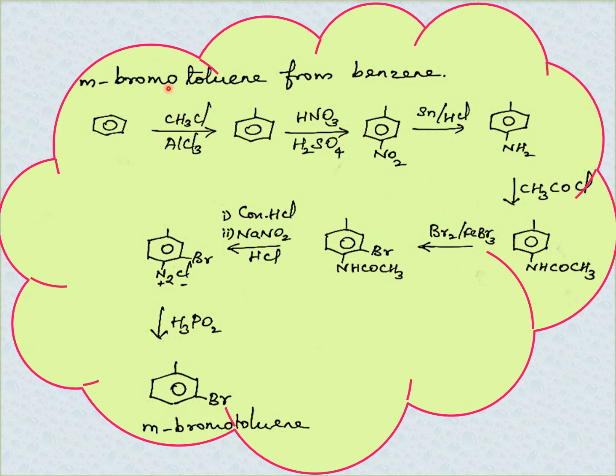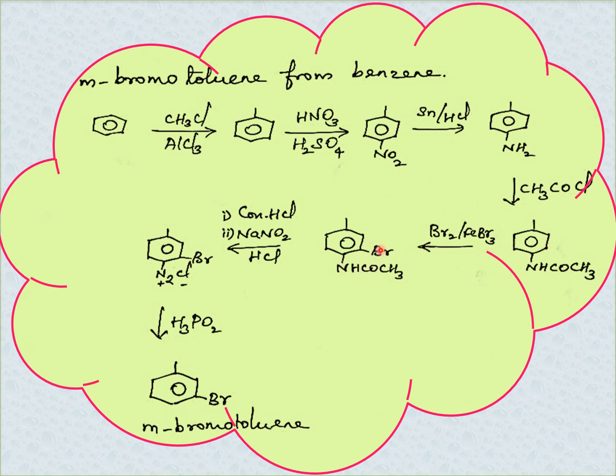For that conversion, benzene is first alkylated to give toluene, and on further nitration it produces paranitrotoluene, and further reduction with tin and HCl, this NO2 is reduced to NH2, and on further acylation this amine is converted into an anilide, and on further bromination